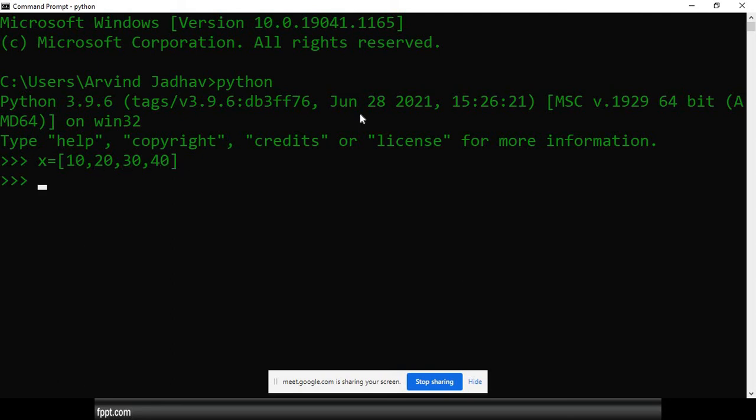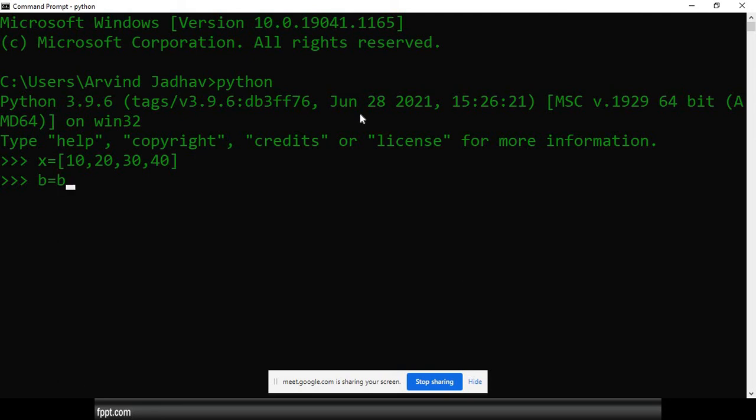Once it is stored, it is not a bytes data type. Right now, when we try to check the data type, it will show as a list data type, but we need to use a bytes data type. For that we need to convert this list into bytes. So here I am using b equals, and again b is a variable. Make a note of that.